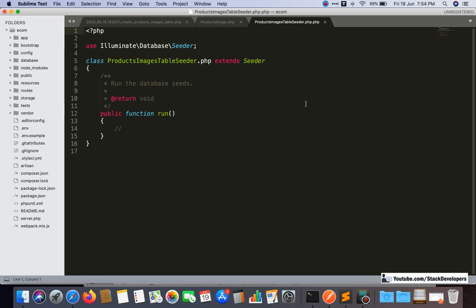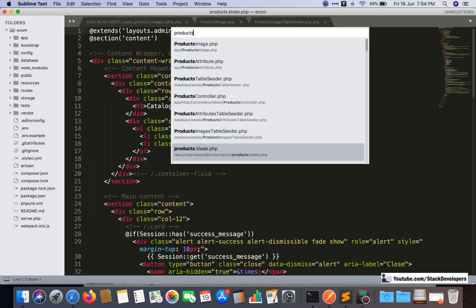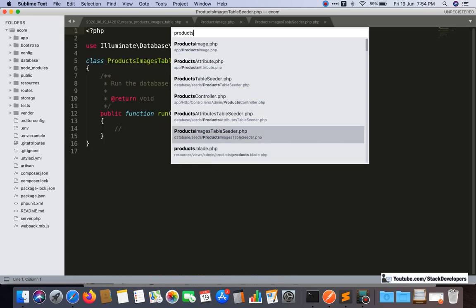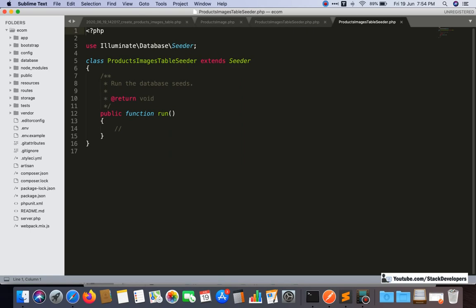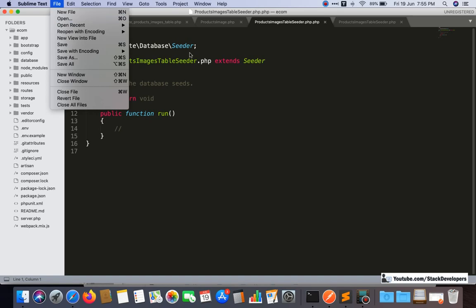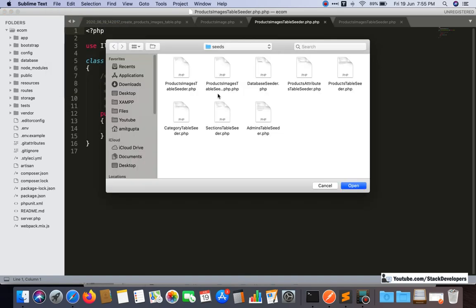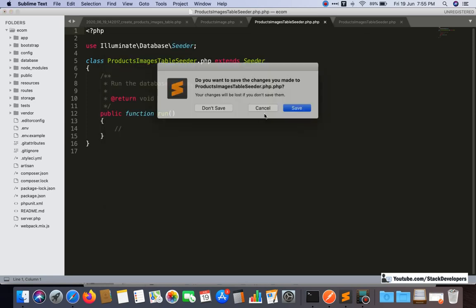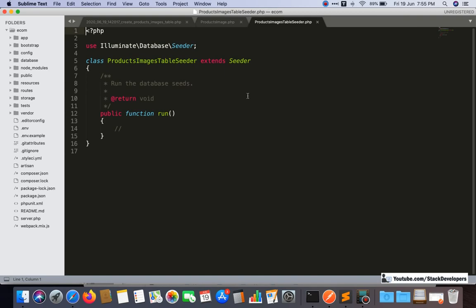Now I'm going to check. Now it seems to be fine, so this extra file we can remove and delete from here also. Now see, our file is ready.